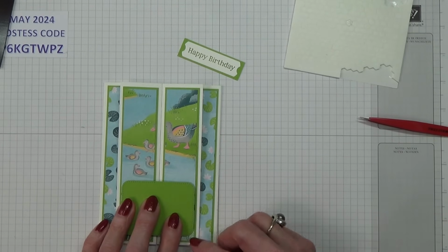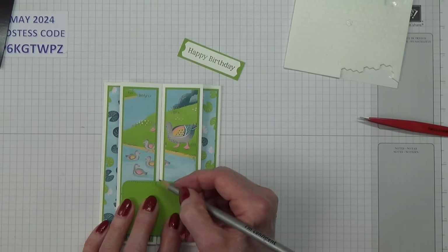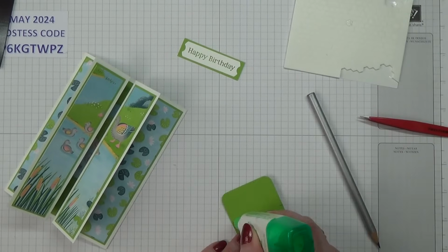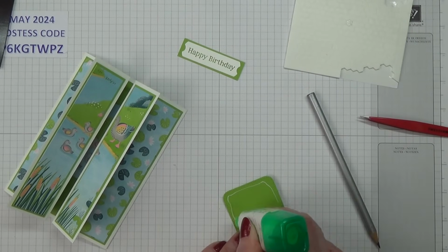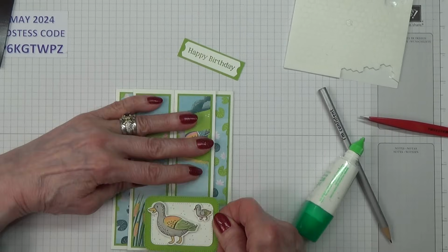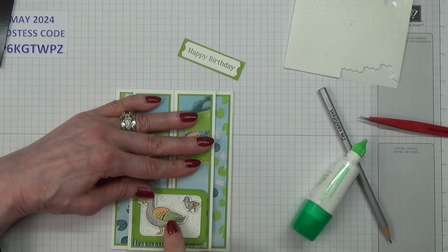Got the same amount of gap there, and then again with my pencil I just come over the white bit. This is to tell me where I can put my glue. It's obviously I don't want to glue my card shut after all this. Hold them down because they are quite thick. Then line that up, let that one down,